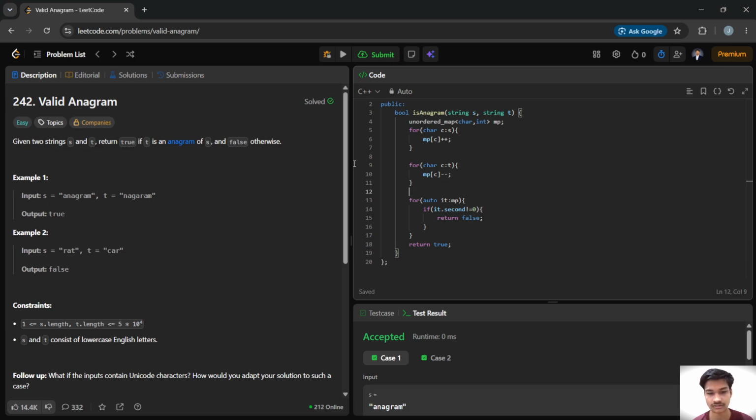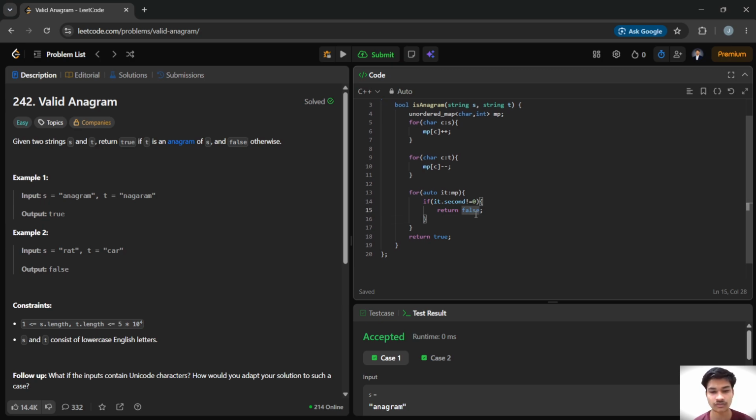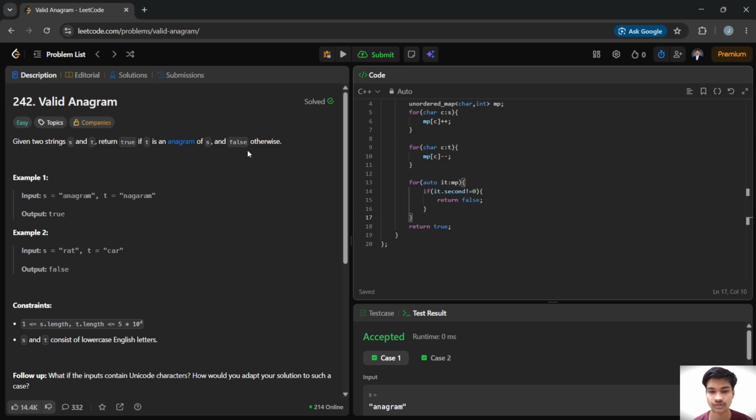And in this condition, if both strings contain exactly the same characters, all counts become zero, and that is exactly what we are checking. So I return true and check the anagram.